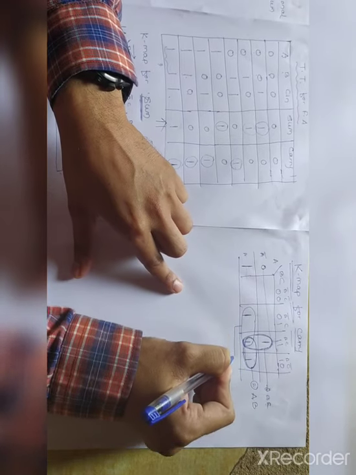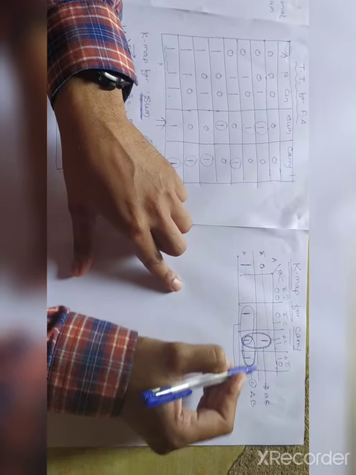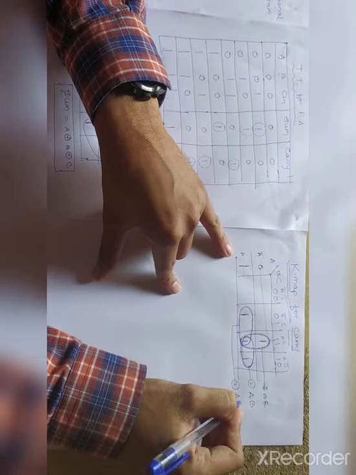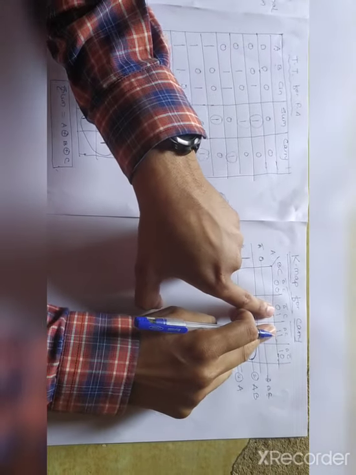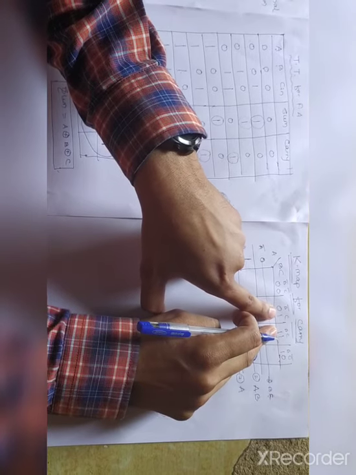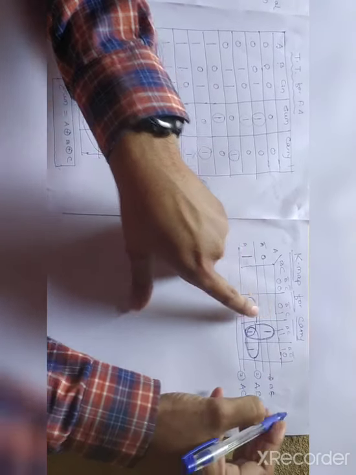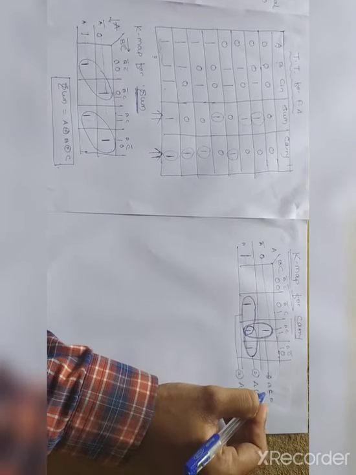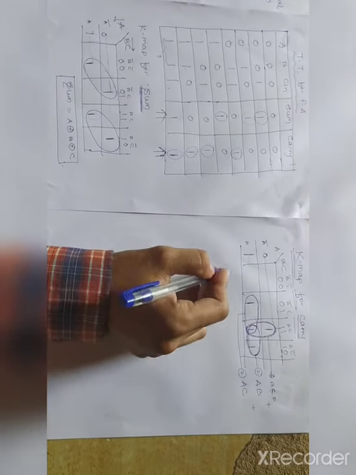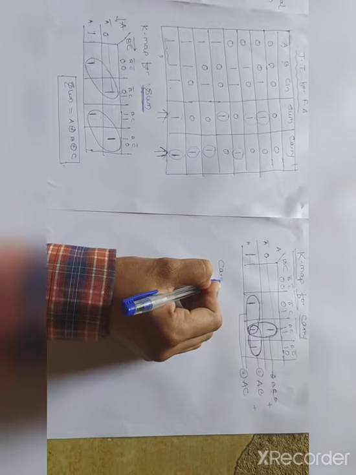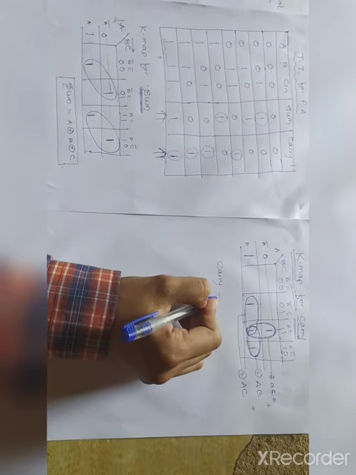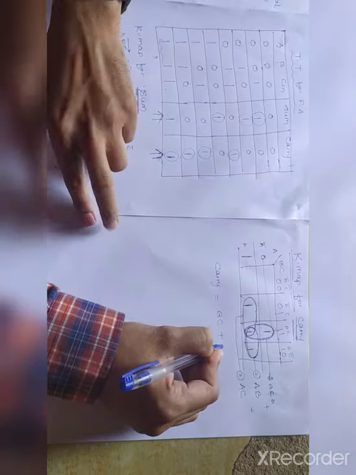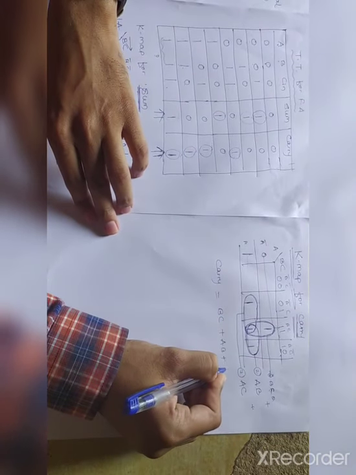Now the equation for this third group. This row is moving towards the A variable and just taking the common from both sides. The common from these two is C. So AC. Add all of this. Means you are getting the carry equation. So your output is carry. So carry is equal to B into C plus A B plus A C.